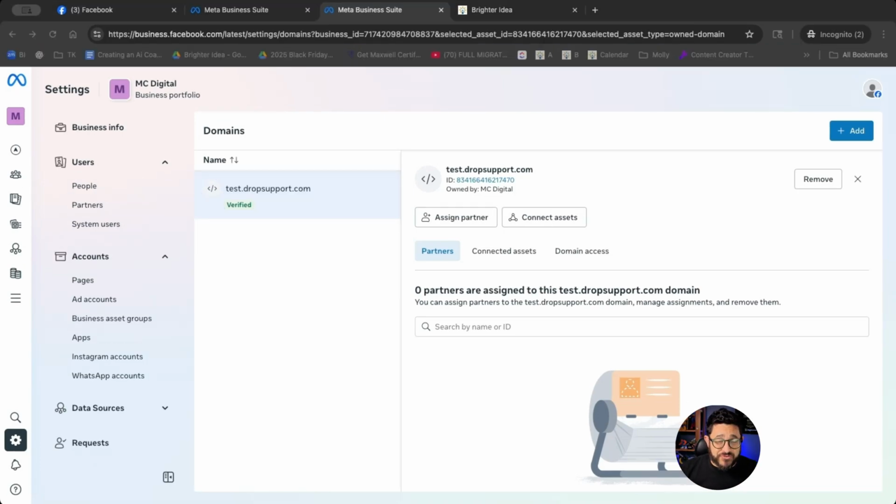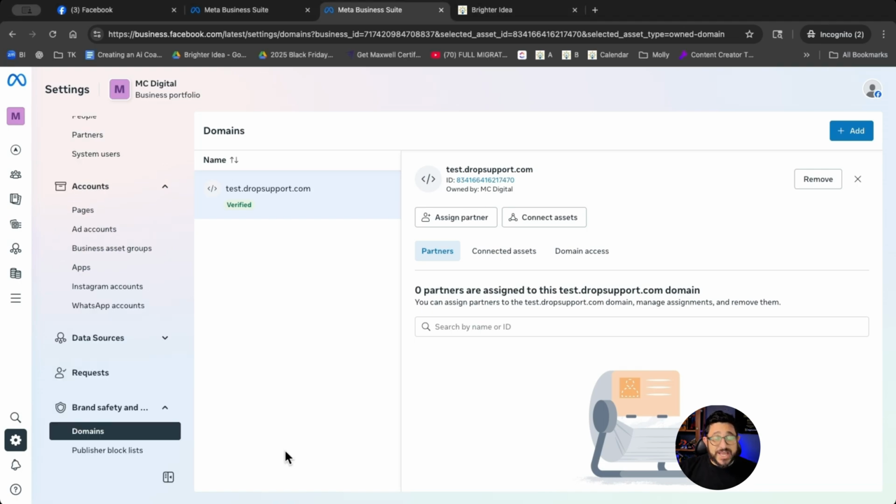Now that the domain is verified, next, you'll need to do the Conversions API. This will save you over 14% in all of your costs. It used to be back in the day, you could put your pixel just about anywhere and it would get tracked. But then companies such as Apple decided they would let people choose whether or not they could be tracked. As you can imagine, a lot of people decided that no, they would not like to be tracked. So Facebook came up with Conversions API. This allows you to put a code into your workflows in order to get a more accurate tracking and reduce